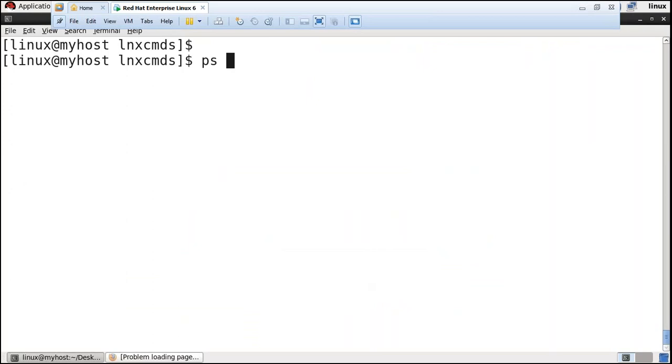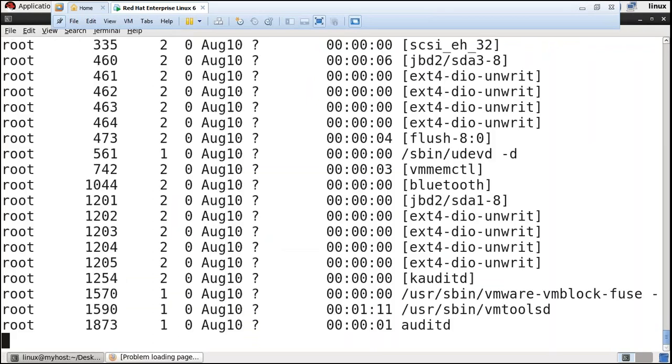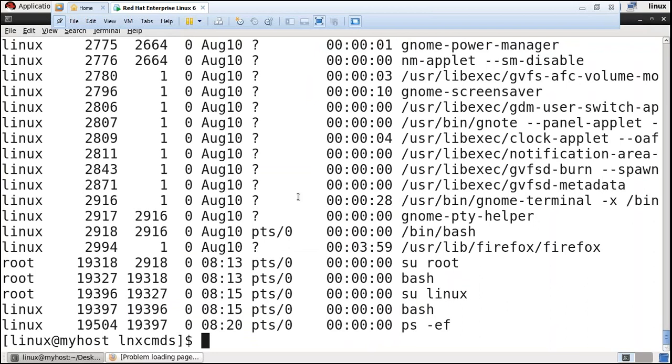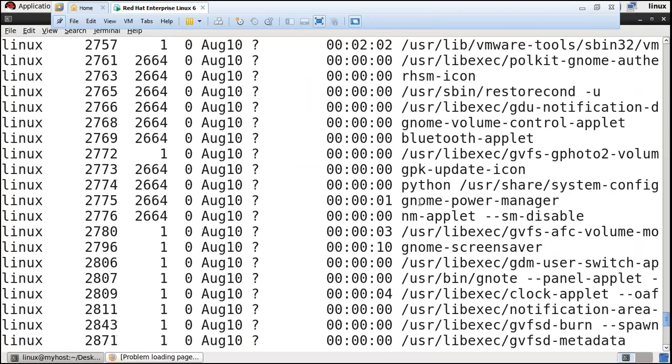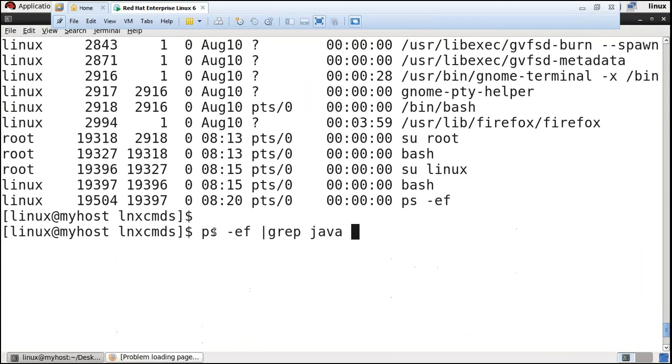For example, ps is one command, which displays all the running processes in Linux. What I need to do here is search. Grep is a command to search for a string in a given output. I need to search only for Java processes. This is the output of the first command as input to the next command.